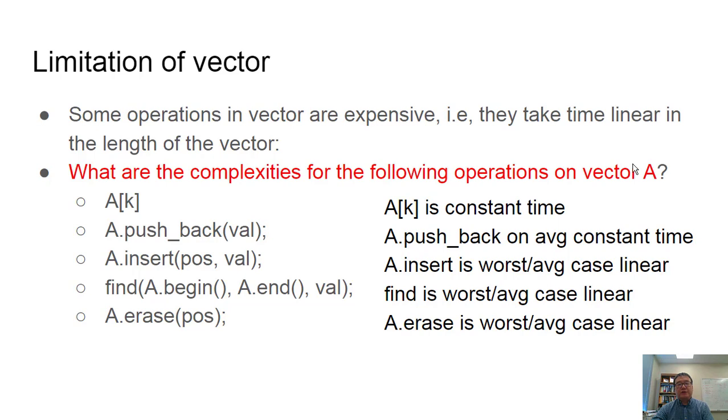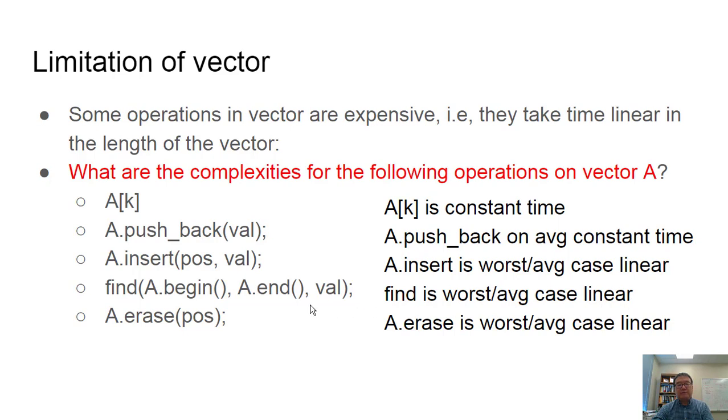But on average, if we assume every position has equal probability, then the average complexity is also linear, basically half of the array length. So that's still linear. And worst case, it's linear time. And similarly, find is